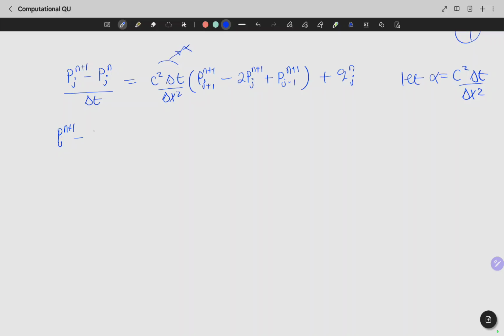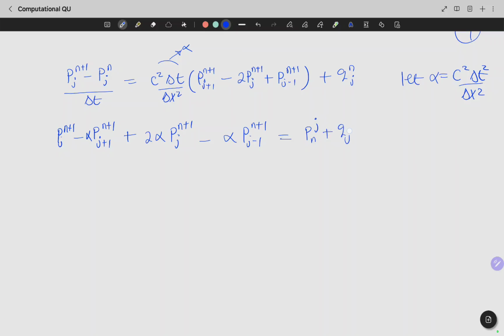All of these will be alpha, minus, and then the delta t will go up as well, so we have delta t squared maybe, and so minus P_(j+1)^(n+1) alpha, this would go here, and then plus 2 alpha P_j^(n+1) for this coming to the other side, then minus alpha P_(j-1)^(n+1) equals, this goes to the other side,